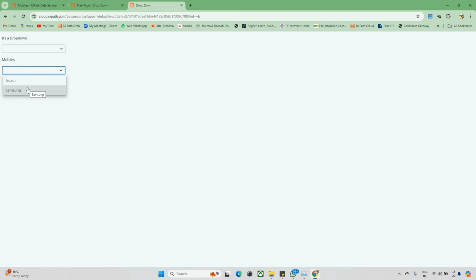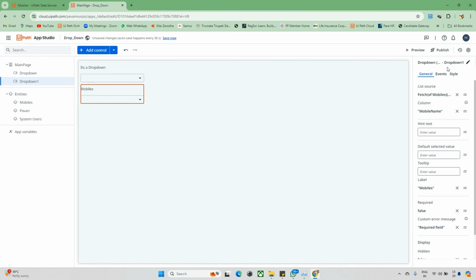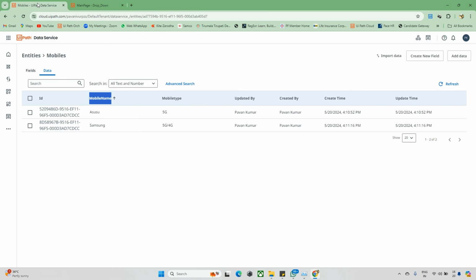So Asus and Samsung, two things are done. This is the dynamic drop down which I have created. For example, just assume this is in production. In production, I'm not able to edit these, but I am able to access and